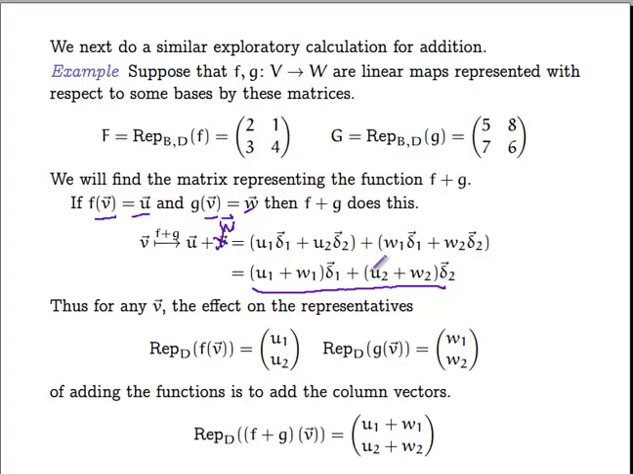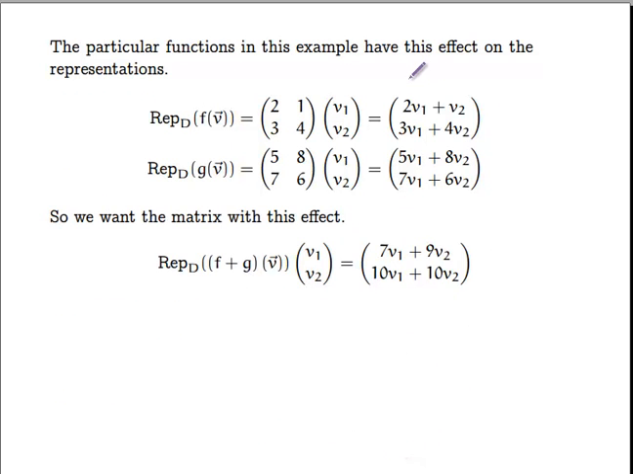Okay. So if you write that in terms of representation, the representation of f of v is u1, u2. The representation of g of v with respect to the d basis is w1, w2. And the representation with respect to d of f plus g of v, from here, we look at the components, it's u1 plus w1, u2 plus w2. Okay, so let's relate that to matrix multiplication. So here we have representation with respect to d of f of v. This is, remember, the representation with respect to b and d